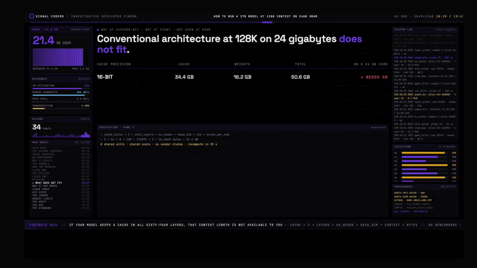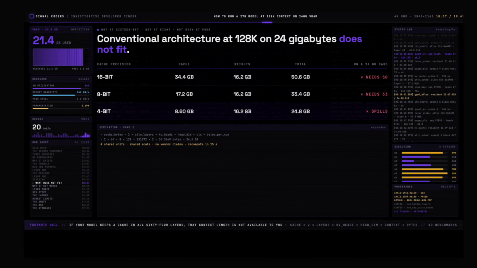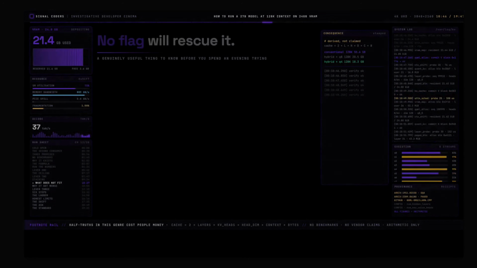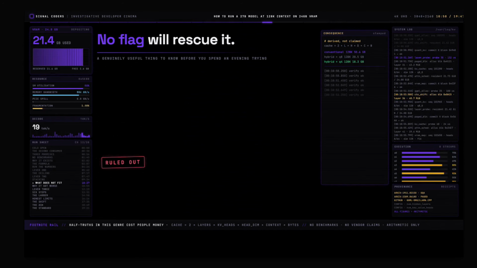And I want to be equally clear about what does not work, because half-truths in this genre cost people money. Conventional architecture at 128K on 24 gigabytes does not fit. Not at 16-bit, which needs 50 gigabytes. Not at 8-bit, which needs 33. Not even at 4-bit, which lands at 24.8 and spills. If your model keeps a cache in all 64 layers, that context length is not available to you on that card, and no flag will rescue it, which is a genuinely useful thing to know before you spend an evening